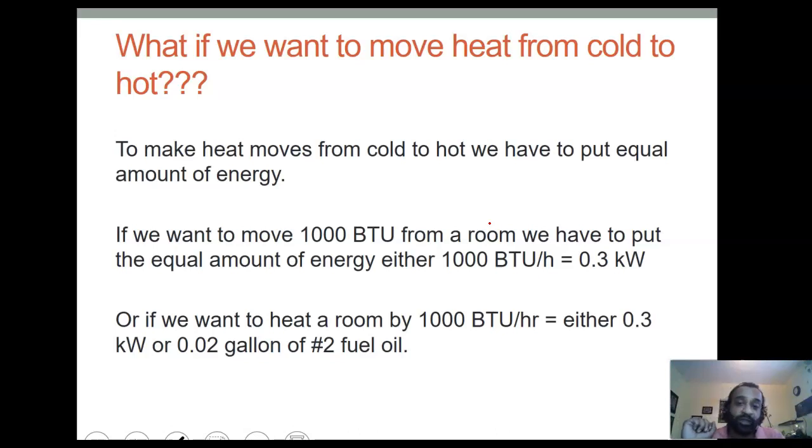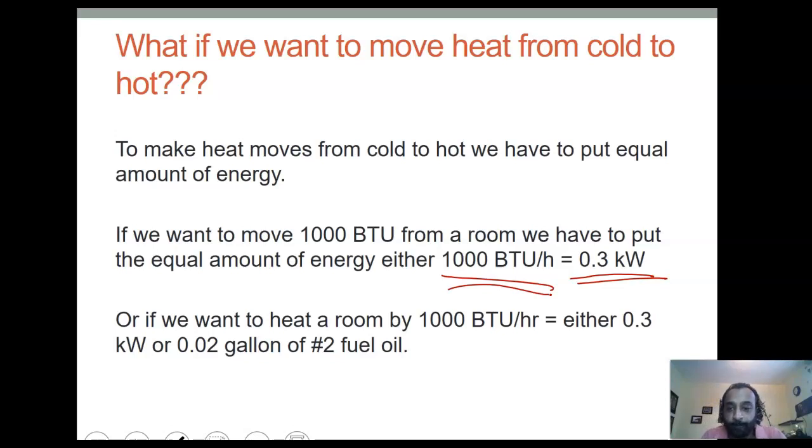So if you want to move 1000 BTU from a room, we have to put in an equal amount of energy, which is either 1000 BTU per hour or 0.3 kilowatt. That's the energy equivalence of BTU. If you go and find an energy conversion calculator on your phone or in Google, probably that's going to be the equivalent. And probably depending on how efficient the system is, you might have to put in more than